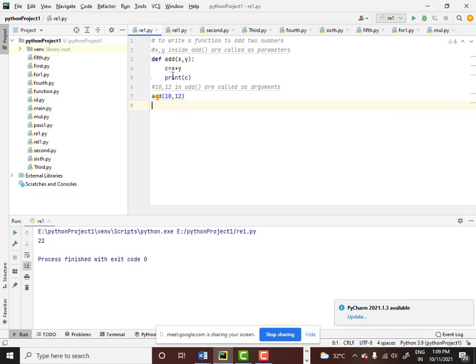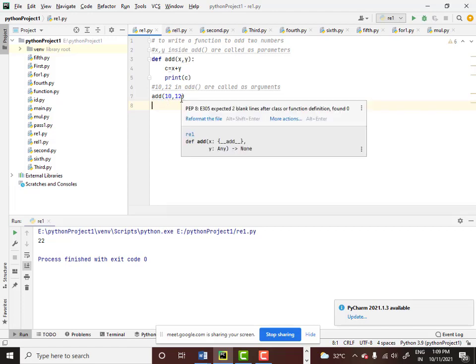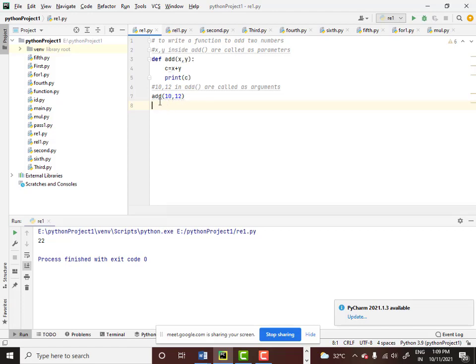Inside the function I am computing c is equal to x plus y and printing the value of c. So what are arguments? Arguments are the values which are given when you are calling the function. And parameters are those which receive values from the arguments.